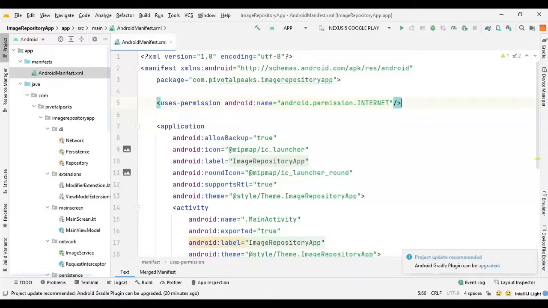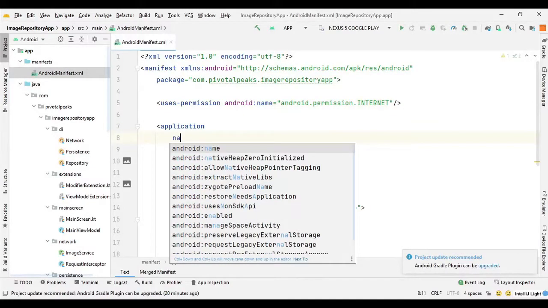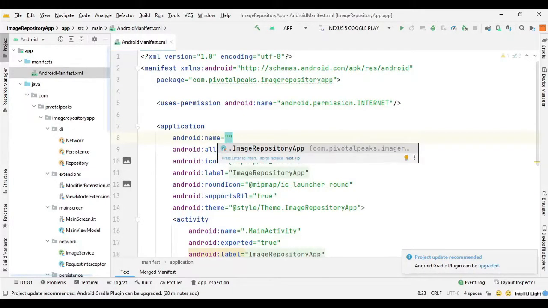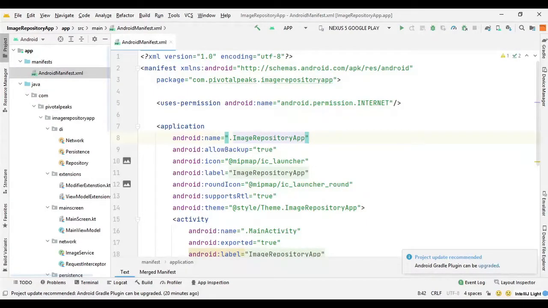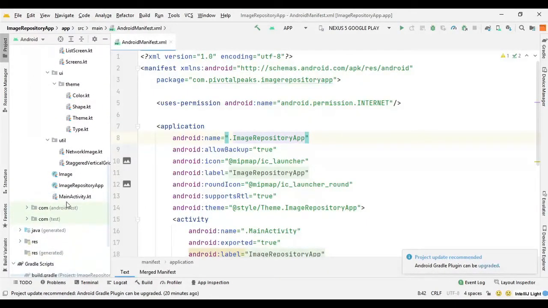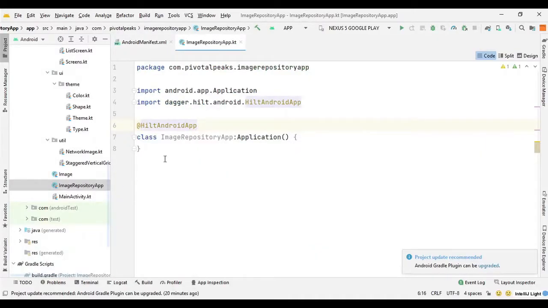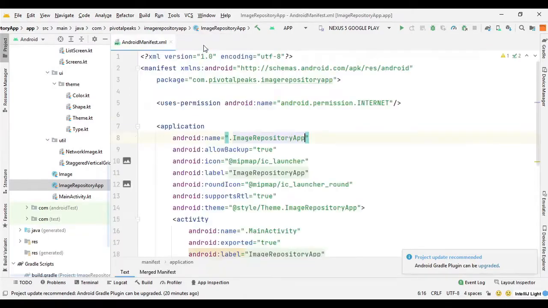And then we need to provide the application name in the application block. So here we can say android:name, and as it's already detected the name of the app, we can say ImageRepositoryApp, the class we created just earlier, this one. It will work as the name of the app.